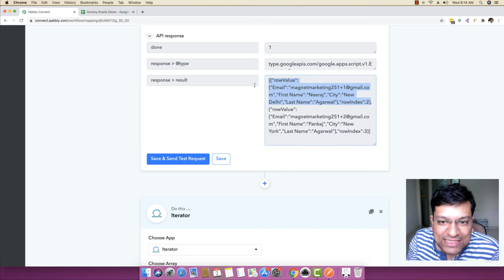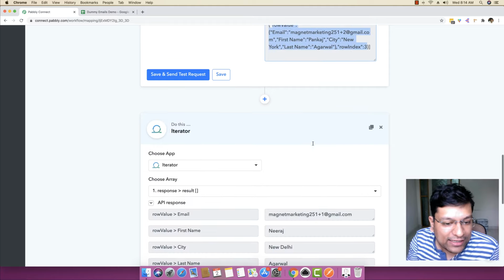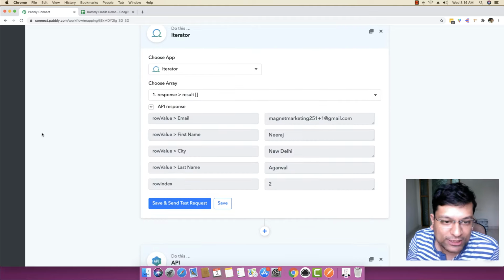In the first instance, it will loop through the entire row value once and pick the first row value. In the second loop, it will again go through the very same result key, pick the second row value, and send that data across to Google Sheet.